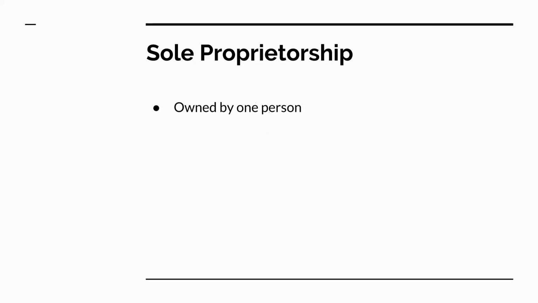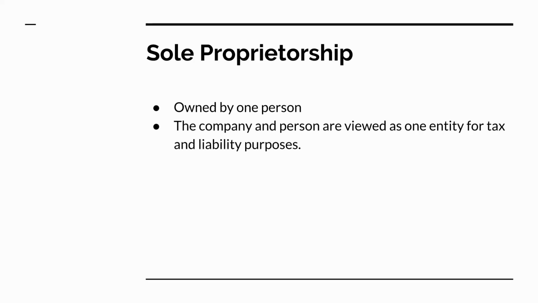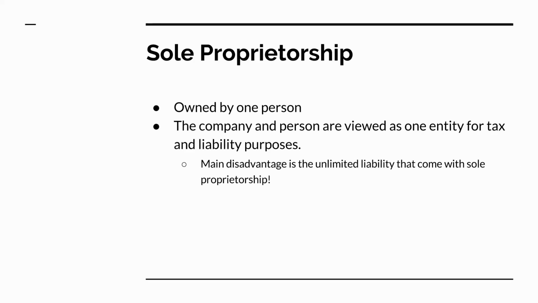Now, some of you probably already know this or have encountered this. It's owned by one person. Now, there's a lot of disadvantages to a sole proprietorship. The main one, though, is that it has something called unlimited liability. So if your business does something wrong, like McDonald's a few years ago had this happen to them, their coffee was hot, and the coffee spilled on one of their